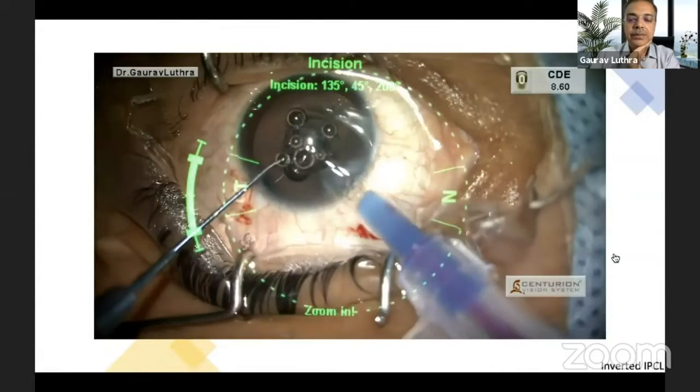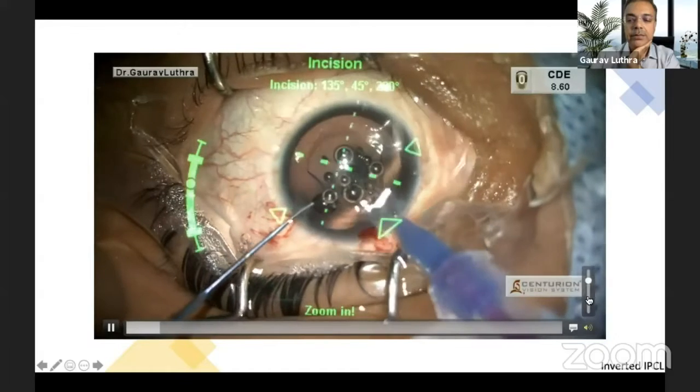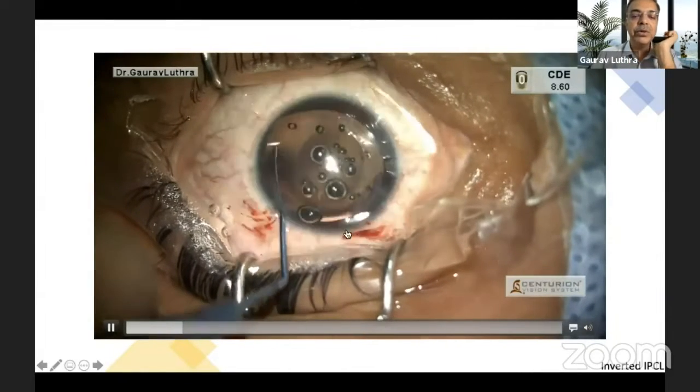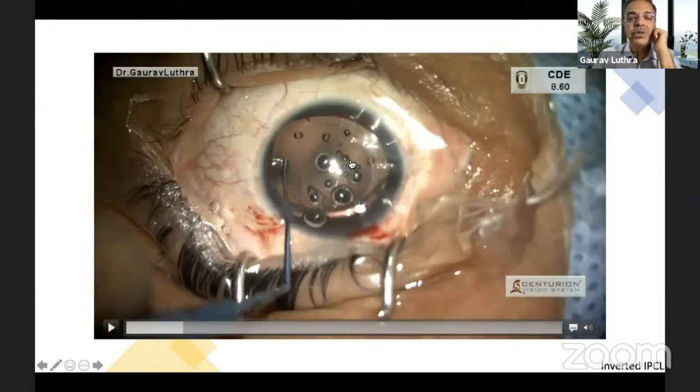I injected this IPCL. Now, what you have to do is, before you start doing all these things, you should always check the box and the packing and see what is the correct orientation. Now, in an IPCL, in a smart toric IPCL kind of a thing, these two holes have to be superior. So this IPCL flipped as I was injecting, and you can also see the holes on the ears of the haptics of the IPCL. So that tells you about the orientation. They have that small notch on it.